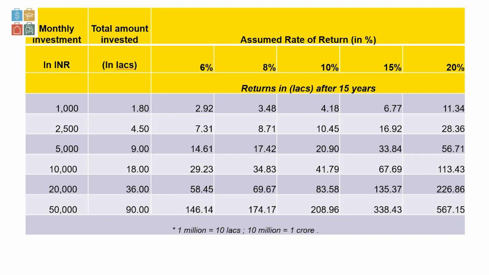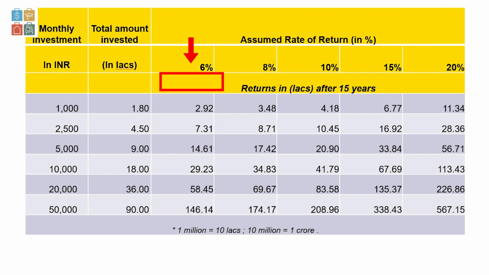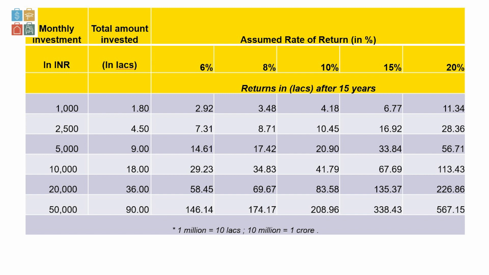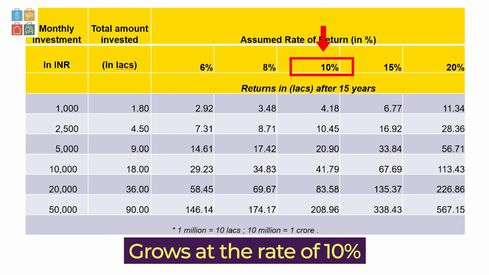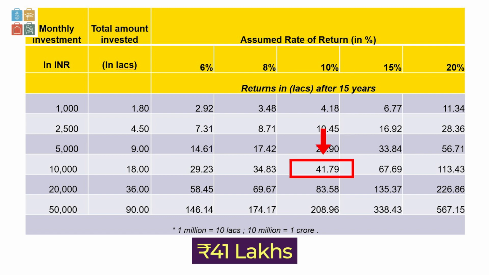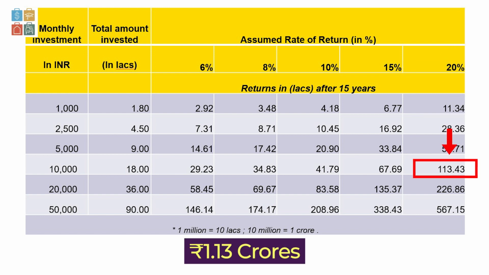If you expect that the investment which you have chosen should be relatively safe and grows at only 6%, then your 18 lakhs will grow to close to 29 lakh rupees, right? If you want to do a slightly more aggressive investment which grows up to 10%, then see in that table, your investment value will grow to 41 lakh rupees. If you are a really aggressive investor and you've chosen an investment that behaves in that aggressive, up-and-down way, then at a 20% growth rate, it could grow even to 1.13 crores. I'm not saying go to 20% and I'm not saying go to 6%. Based upon your goals, you choose the relevant investment.